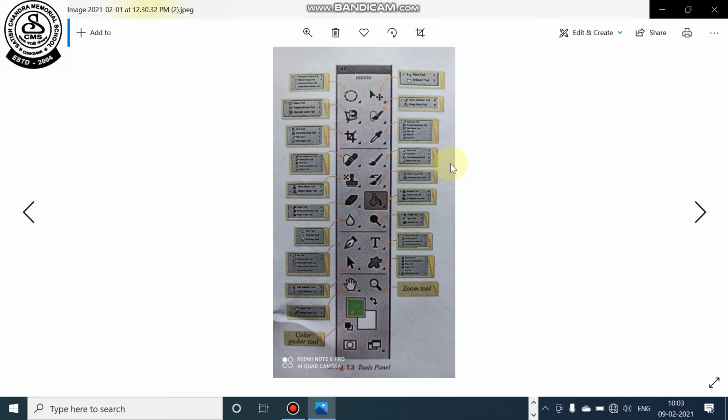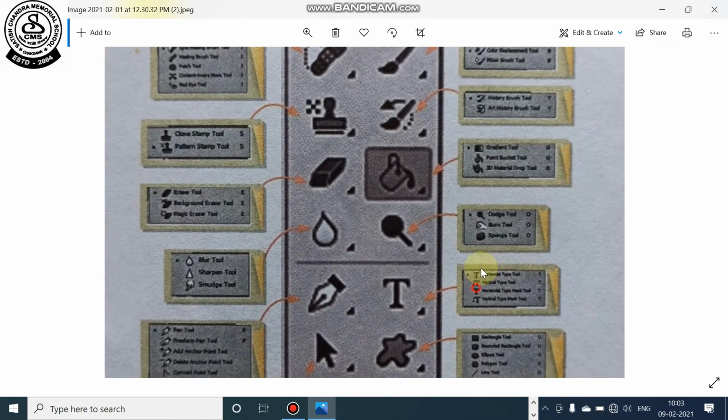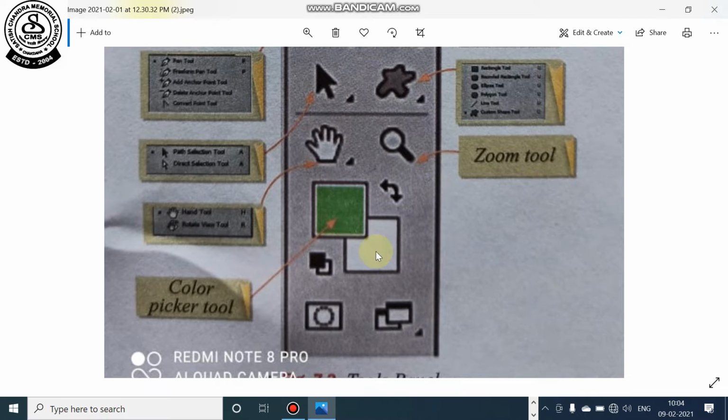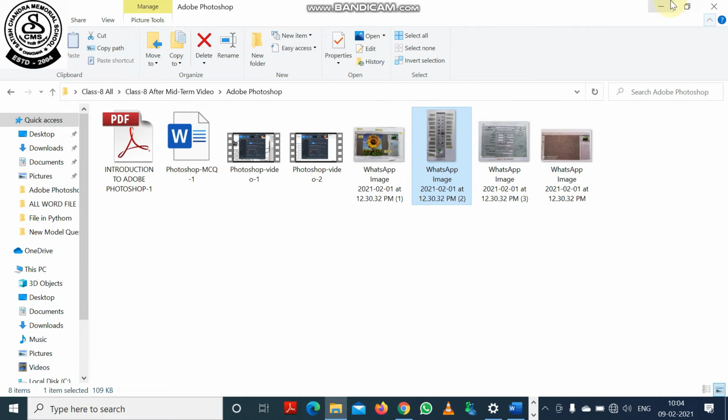You can see here these are the tools, and at the bottom there is the color picker tool. In the color picker tool we can set the background color, which is by default white, and foreground color, which is by default black, but here green color is selected. So this is the color picker tool which actually helps us to set the foreground and background color.